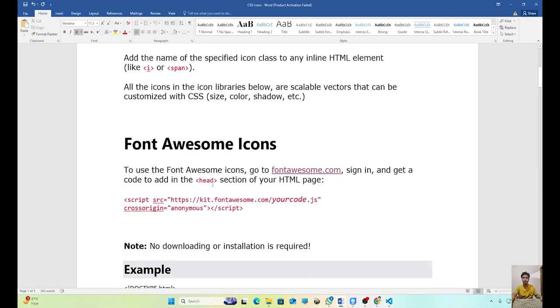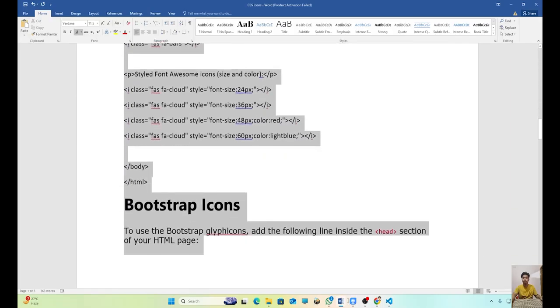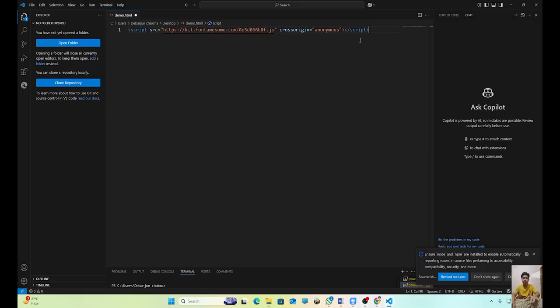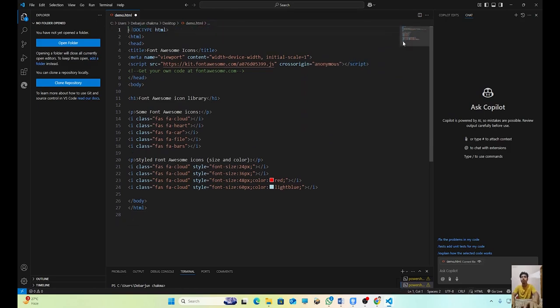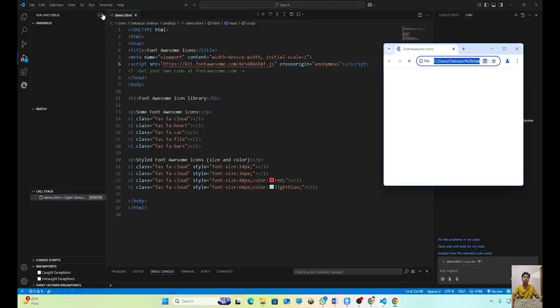Now what I'm gonna do is copy this whole code and paste this, and after that copy this code, remove it, and replace this. Okay, so when I run it,